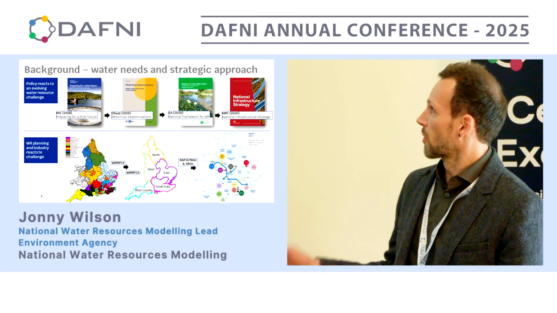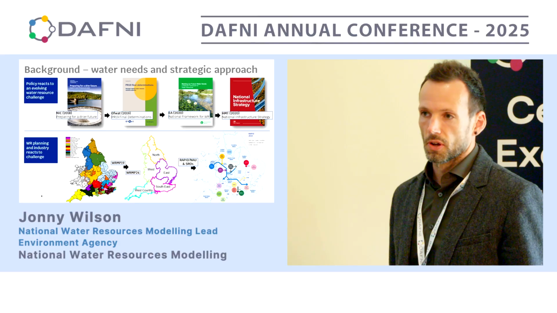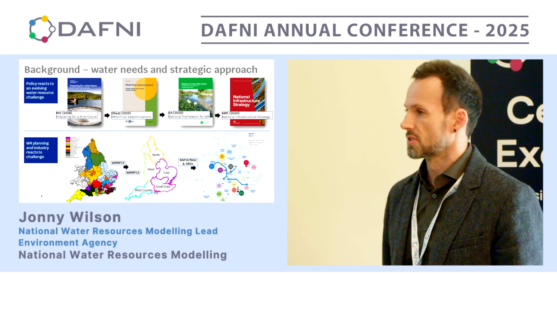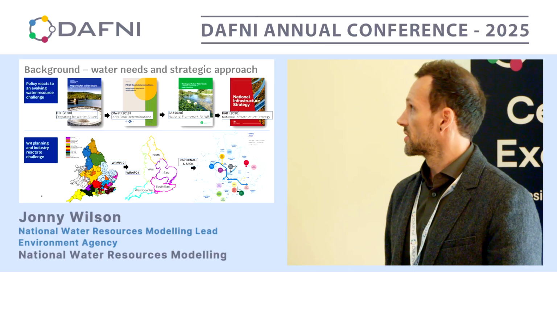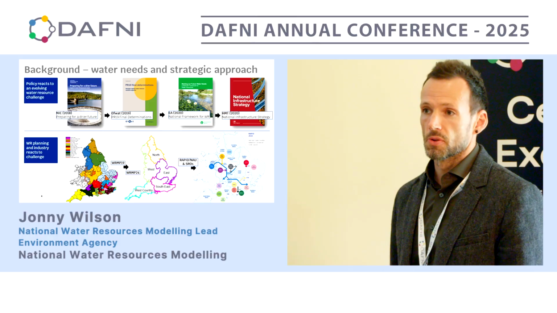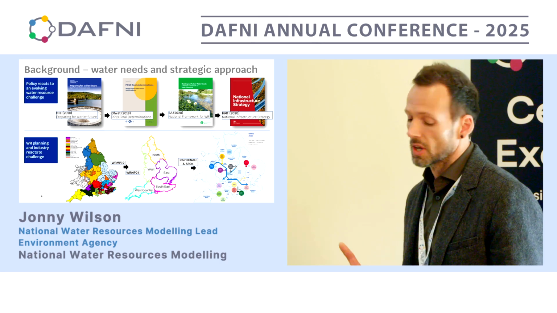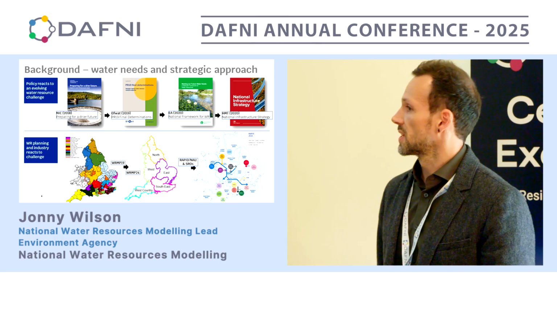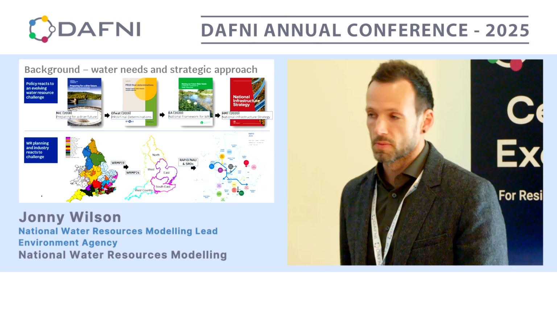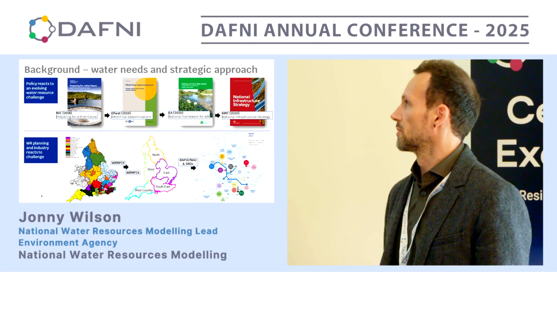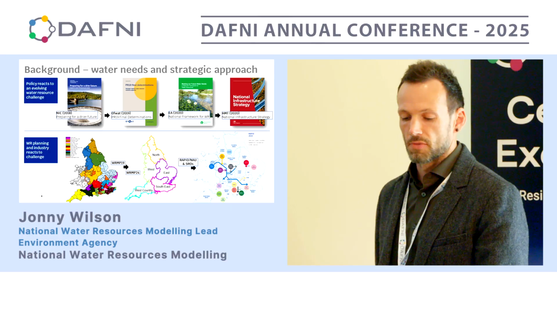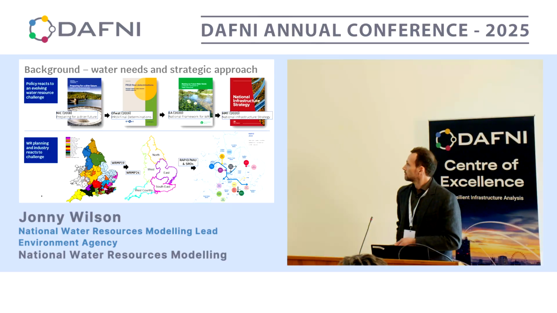The NIC report was quite important because it set out a long-term view on the pressures and the multitude of different pressures that water resources faces nationally, and it also made 2 key recommendations. One was to halve leakage by 2050, and the second was to improve the national drought resilience from a 1 in 200 level to a 1 in 500 level by 2030.